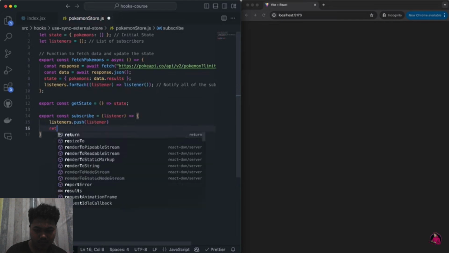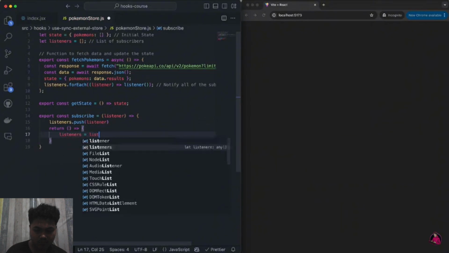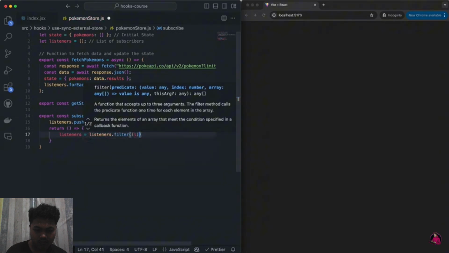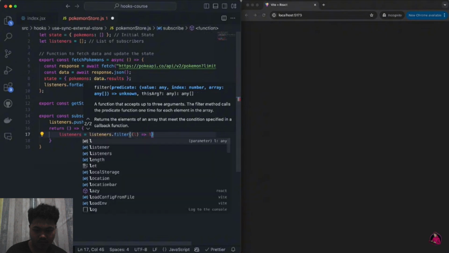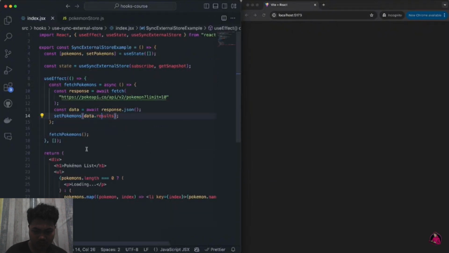And then when we finish this, we also want to clean this up and return back a function where I say listeners is equal to listeners.filter, and we'll just filter out if the listener is already there. So I'll say L is not equal to listener. This is just some logic to keep it. I know it's a bit confusing, I recognize that, but this is a very common pattern that you might see when creating a store like this, and it makes it very easy because now we can remove all of this